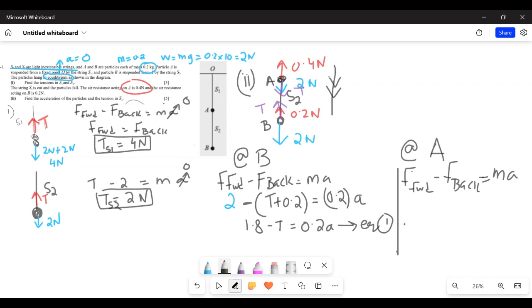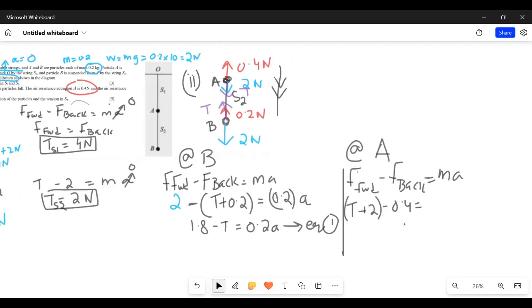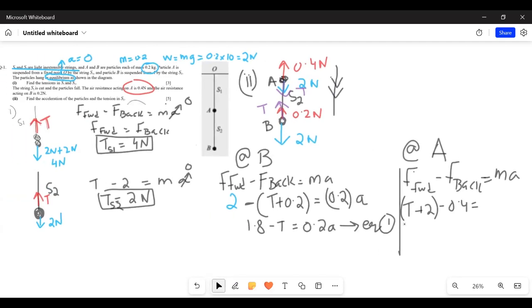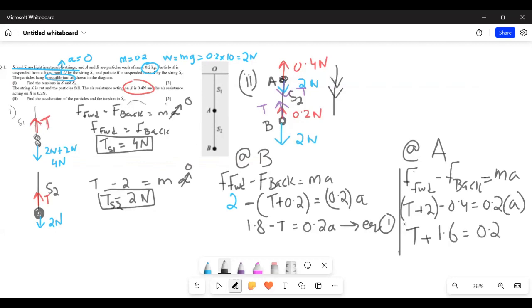फॉरवर्ड फोर्स हम 2 न्यूटन रख लेंगे और T को भी ले लेंगे, तो फॉरवर्ड T प्लस 2 हो गई। और बैकवर्ड्स में हम 0.4 लेंगे, और m a। A की बात हो रही है ना, A का मास 0.2। और एक्सेलरेशन इज a। इससे सेकंड इक्वेशन आ रही है: T प्लस 1.6 इज इक्वल्स टू 0.2 a।